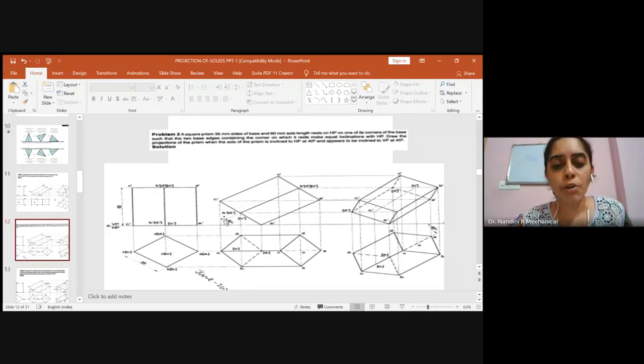So if you keep the compass here and measure this distance and try to cut an arc, it comes down. Similarly, when you move the point here with this measurement, it might cut somewhere below the XY line again. Again, you try and move to this point with the same distance and cut an arc. Then it cuts exactly on the XY line. So please make a point of this reference point and cut an arc. So you fixed the front view now at the given inclination of 40 degree to HP.